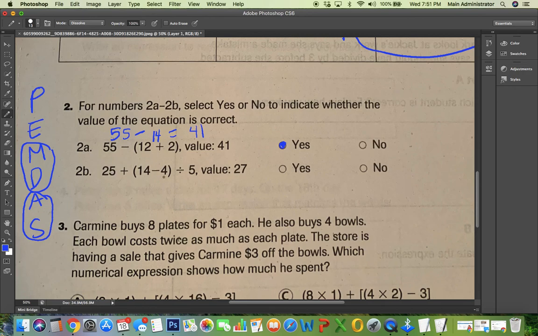I'm again going to start with my parentheses. I've got 14 minus 4, which is 10. I'm going to bring everything else down. 25 plus 10 divided by 5. Now, next comes multiplication and division. So I'm going to do this first. 10 divided by 5, and 10 divided by 5 is 2. Rewrite this. 25 plus 2 does equal 27. So this is also yes. Nice. Moving on to